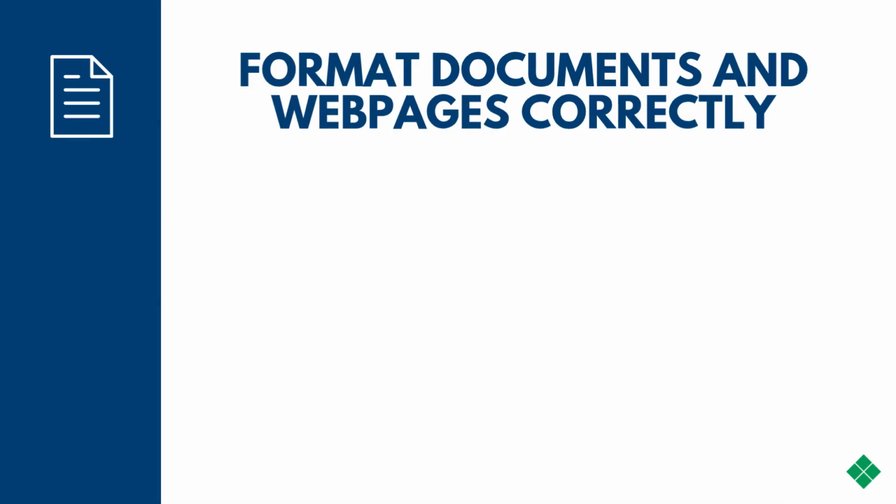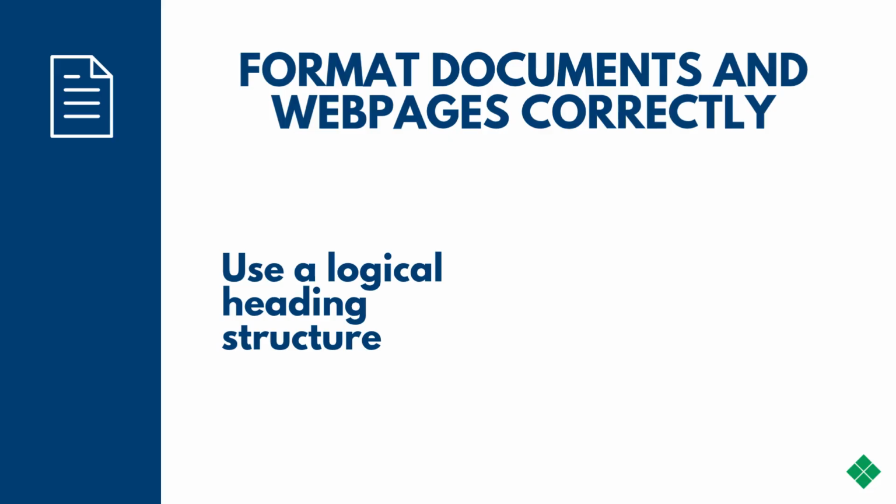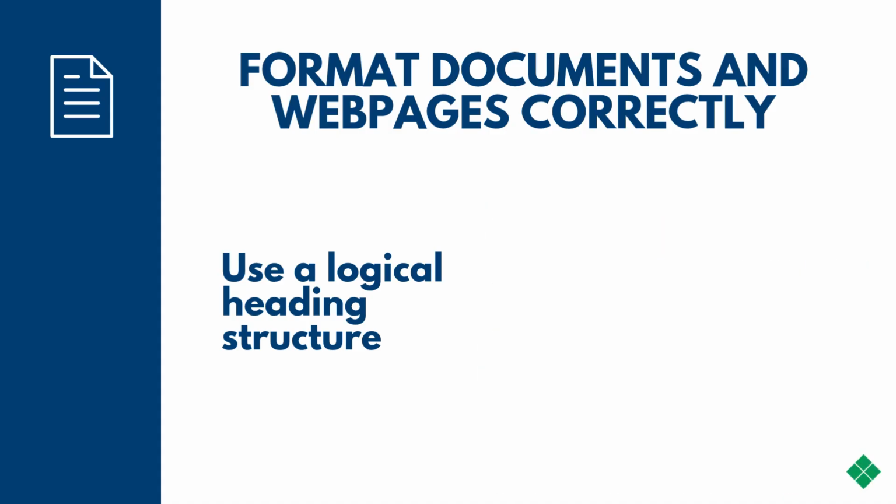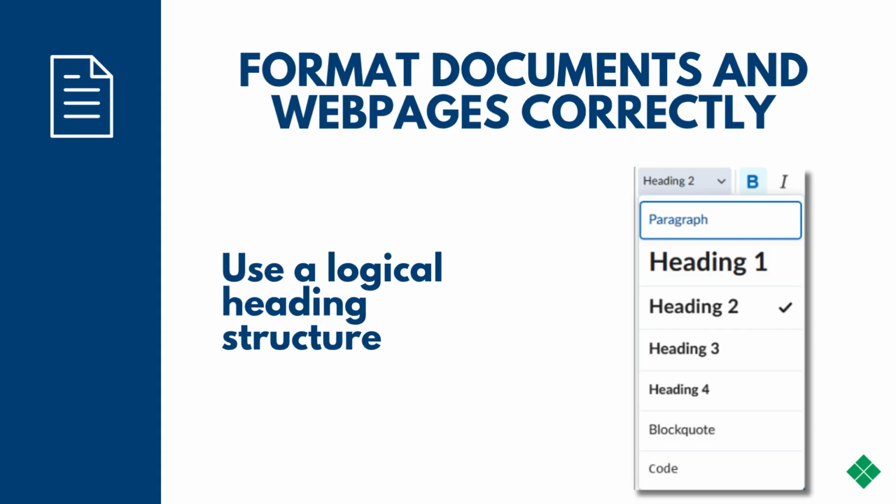One of the most important formatting choices is using a logical heading structure. Headings are not just for visual organization. They allow screen readers to jump from section to section. Use heading styles, H1, H2, H3, and so on, in sequential order in Word, Google Docs, Brightspace, or whichever platform